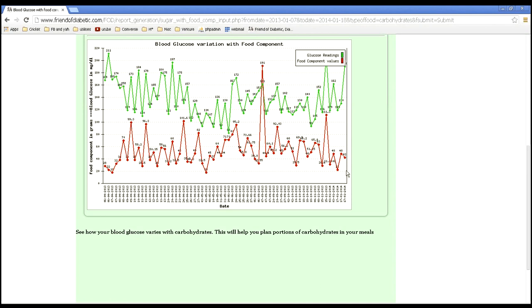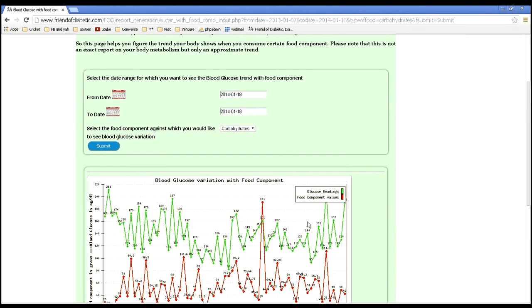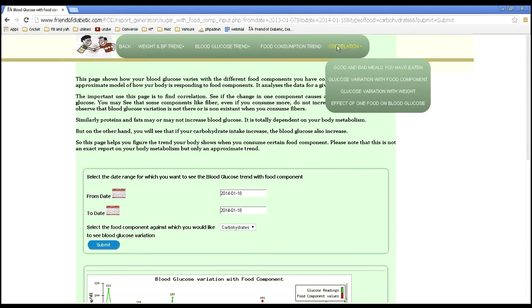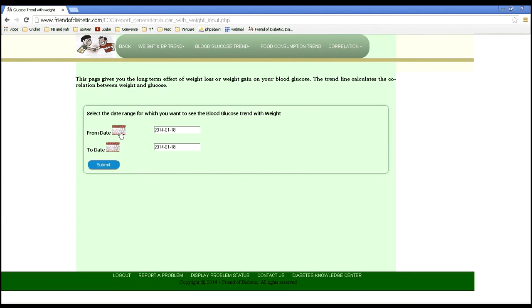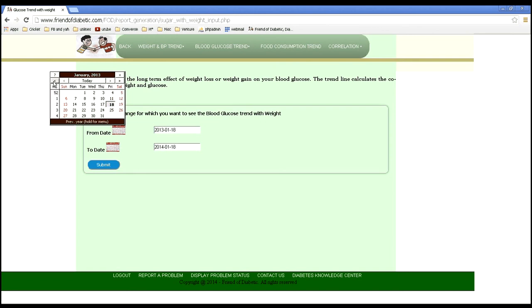So this kind of correlation is immediately indicated by this analysis. Now let's see what's the glucose variation with weight. So let me select a date,